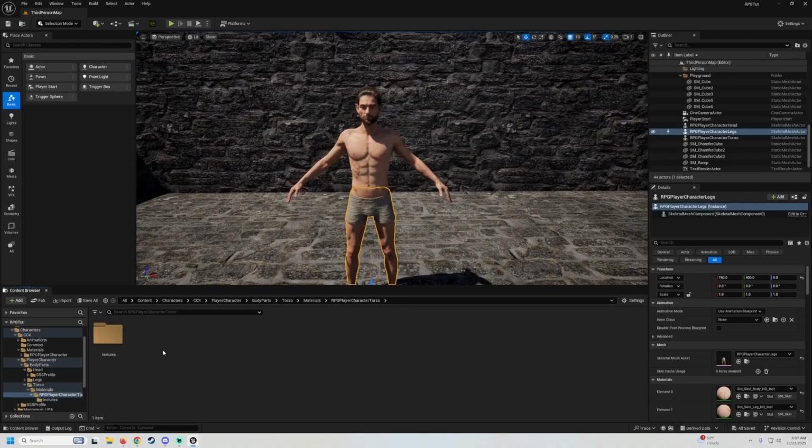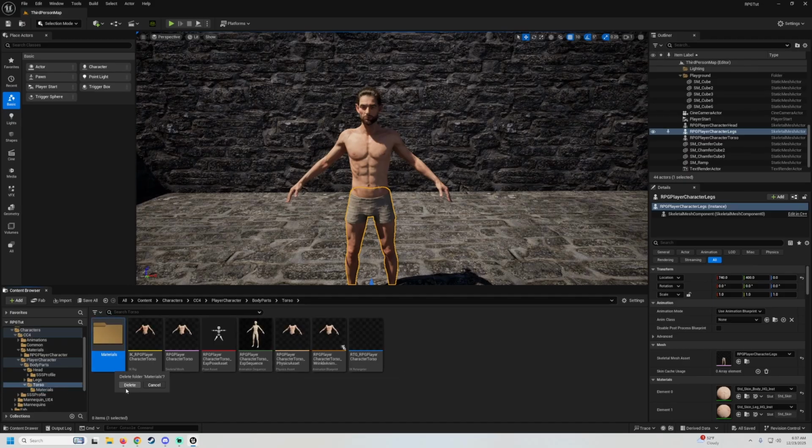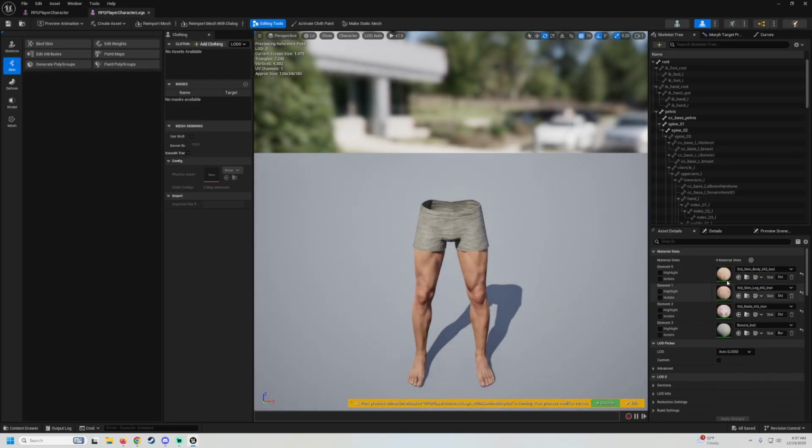Delete. We'll come back, delete that folder, go back and delete this folder, and then go back and delete that folder. Now all we got are is the legs, so we'll open this guy up, and we have 4 materials